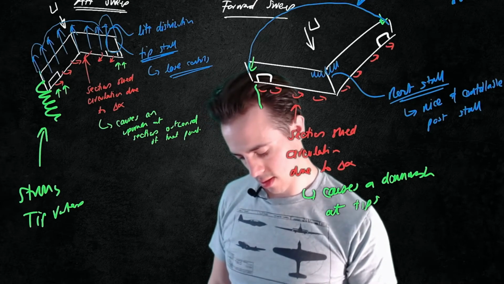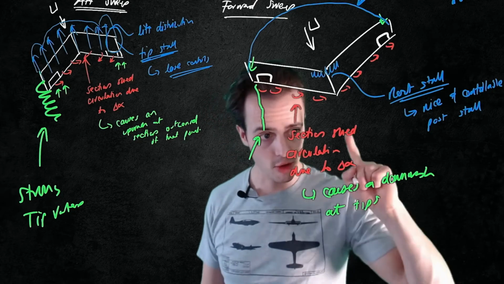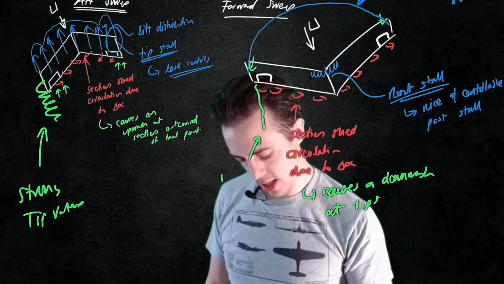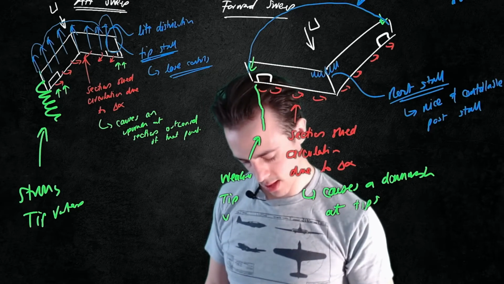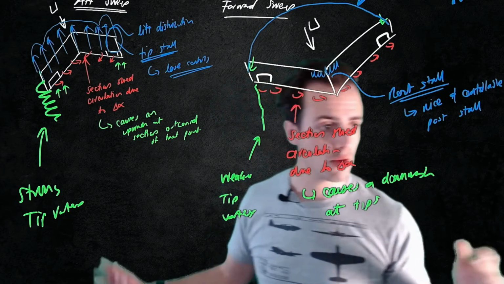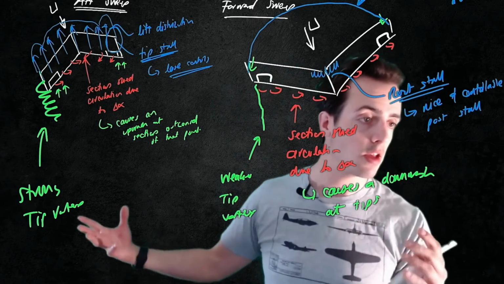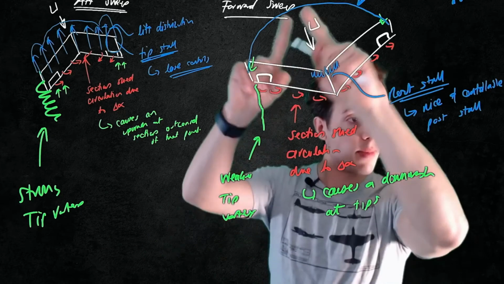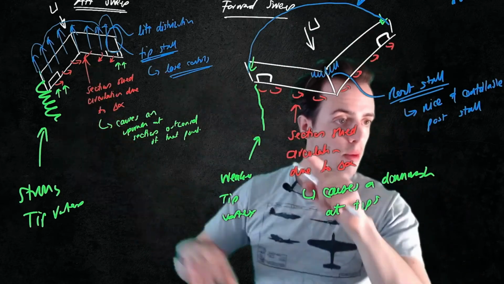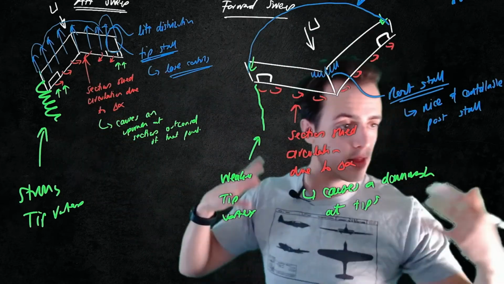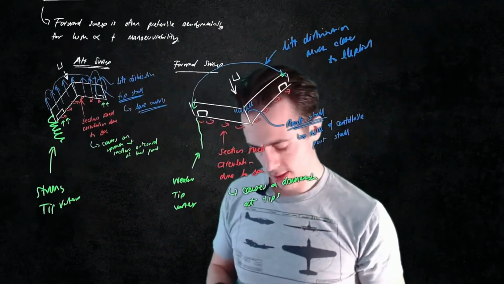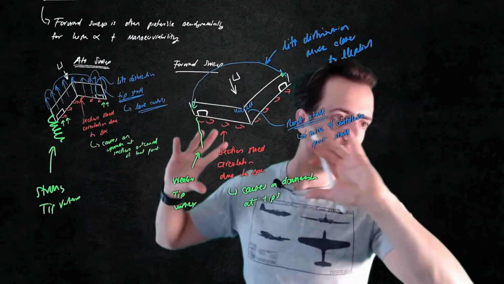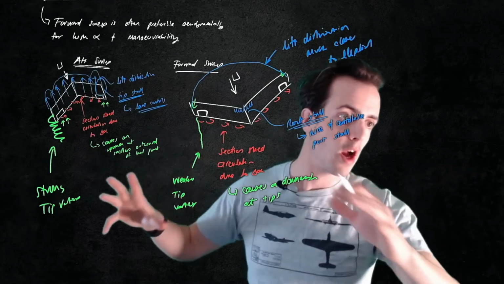Whereas by contrast on this distribution here, we'll have a weaker tip vortex. So just for performance side of things as well, in general, for the same net circulation distribution, we would have a weaker tip vortex, and thereby we'd have lower induced drag. So again, this stuff, I'm not expecting you guys to be able to remember and regurgitate all of this stuff,